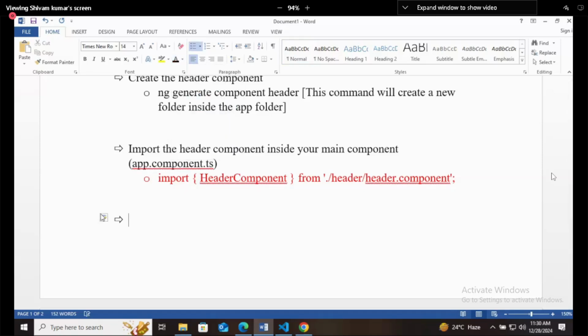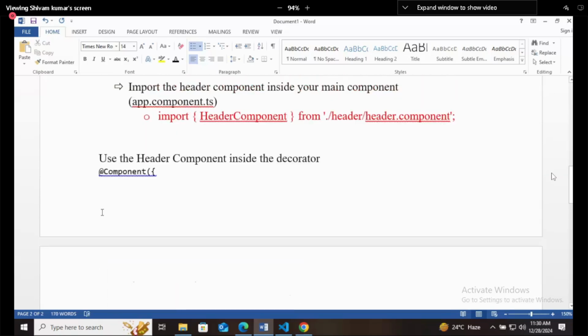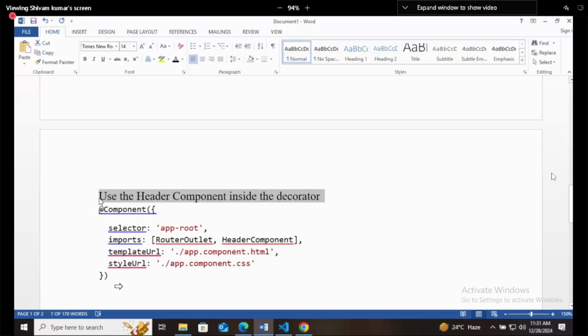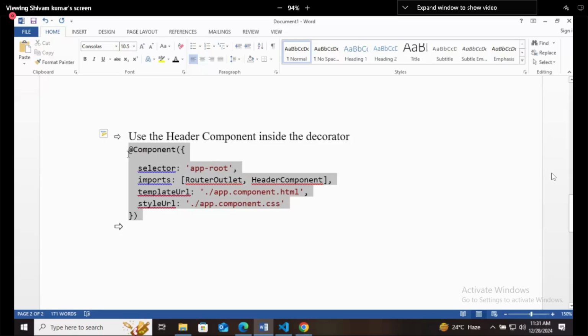In the next step, use the header component inside the decorator. How will you use that? In this way you will use it, right? In this way you will use it. Okay,